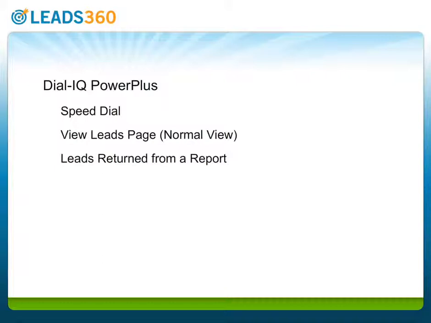First, Speed Dial. Speed Dial enables you to create a queue of leads that you call one after another. The first step in using Speed Dial is to determine which leads you want to call. Filter and sort leads on the View Leads page or manage leads returned from a report. Whatever method you use to load the leads you want to call, the method of creating your Speed Dial call